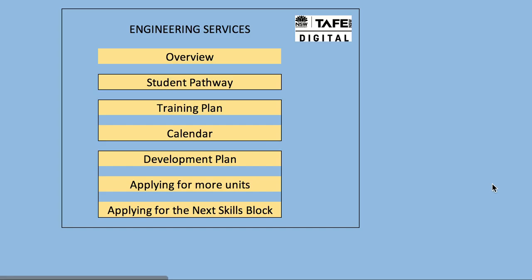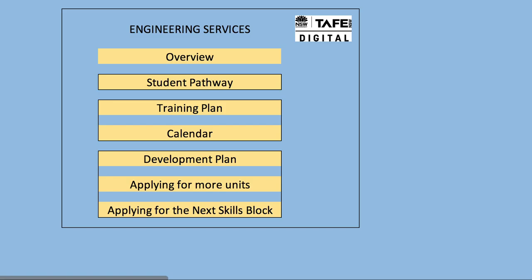This video is just to talk briefly about how to help you get through your studies. We're going to talk about a document called the Student Pathway, something called the Training Plan, and distinguish between this training plan and the development plan, and the calendar. You're obviously studying by distance. You need to be self-motivated, you need to plan your studies, and you need to have schedules to help you